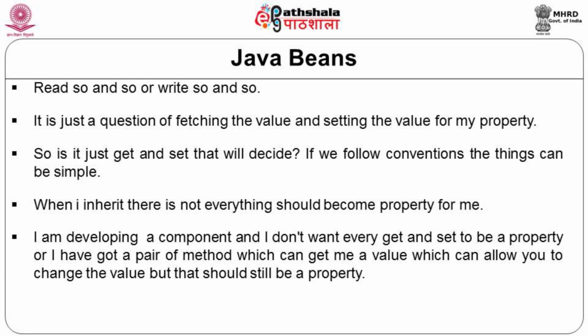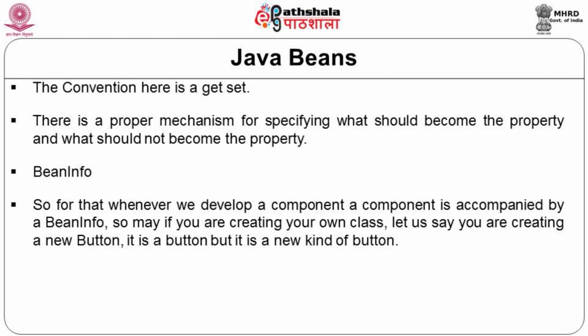I am developing a component and I do not want every get and set to be a property, or maybe I have got a pair of methods which can get me a value and allow you to change the value, and that should still be a property, though it is not following the convention. Convention is get set. So, get set is simply a convention. Yes, there is actually a proper mechanism of specifying what becomes your property and what should not become a property. So, for that, whenever we develop a